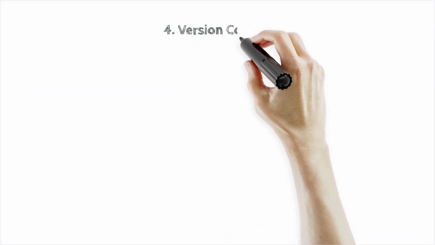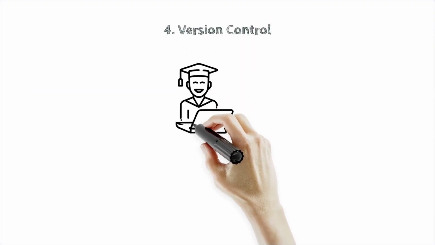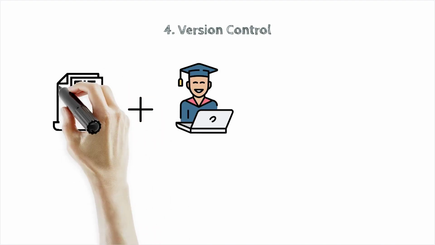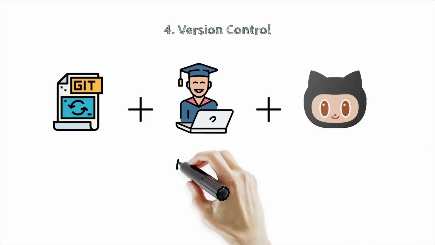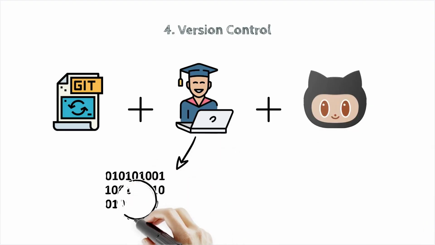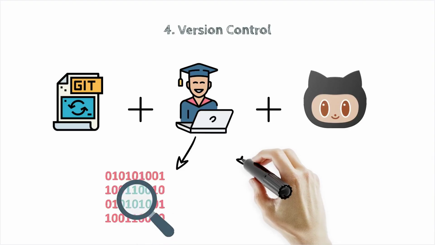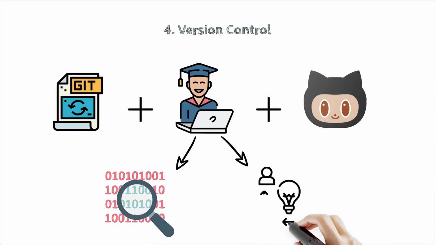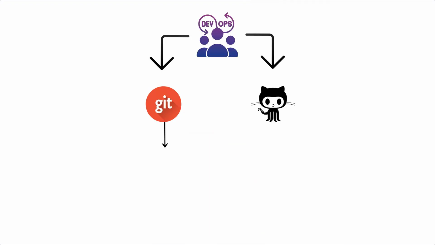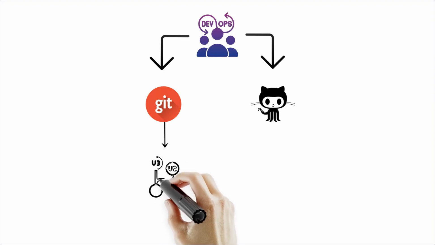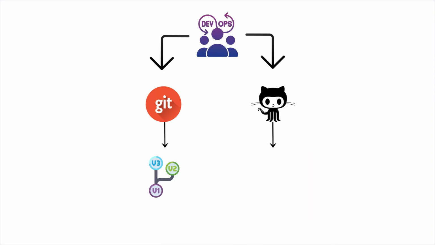4. Version control. Master Git and GitHub. Learning Git and GitHub is incredibly important for a DevOps engineer because these tools play a crucial role in managing code, automating workflows, and ensuring smooth collaboration between development and operations teams. Here's why mastering Git and GitHub is essential for a DevOps engineer. Git is the most widely used version control system, VCS, and GitHub is one of the most popular platforms for